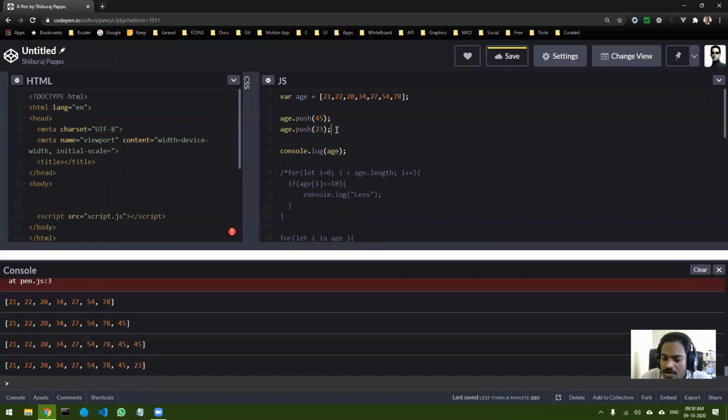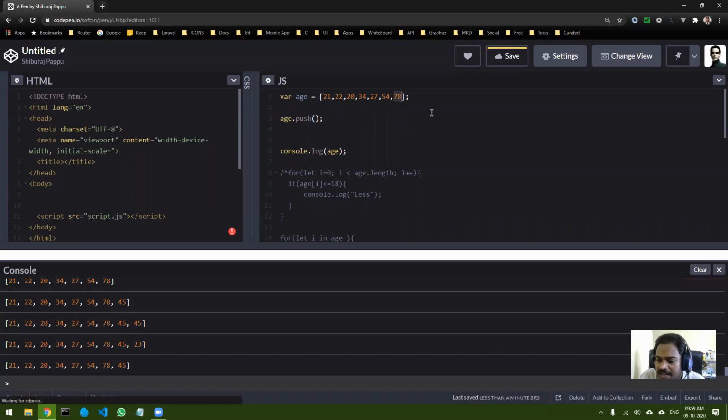Now if you want to remove something from the end, let's say I added 23. Let me remove everything, and I want to remove this 78 from the end. I can just do pop.